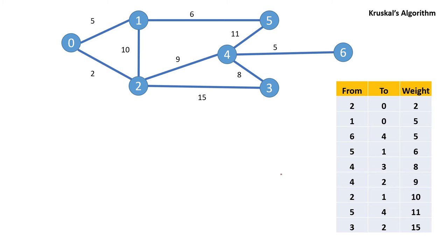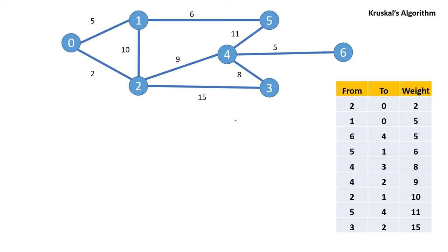Now what Kruskal's algorithm is saying is first pick the minimum weight edge, and keep on printing that, and don't take that edge which is forming a cycle. So what is a cycle? Suppose I have an edge from 2 to 3 and 3 to 4. If I add this edge, it is forming a cycle here. So we have to avoid that.